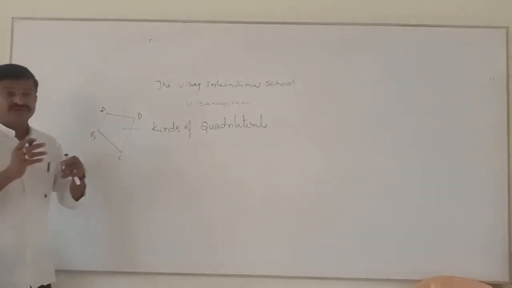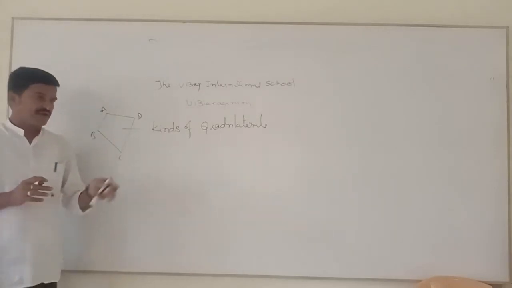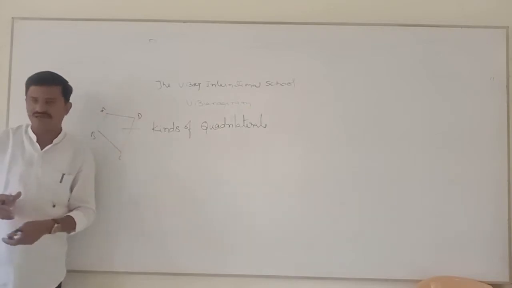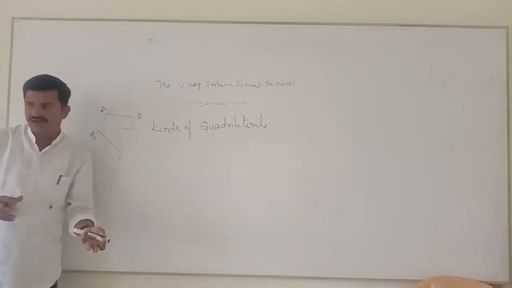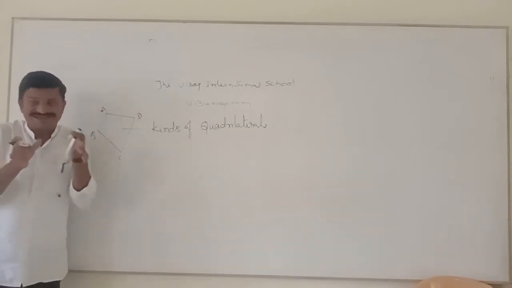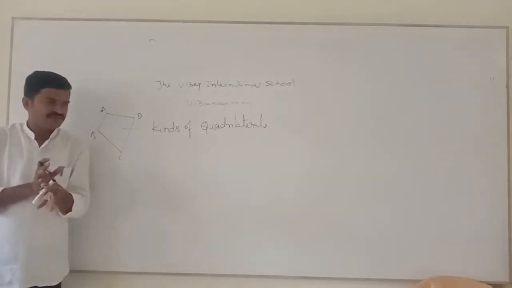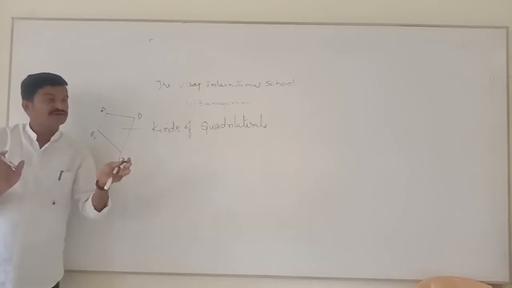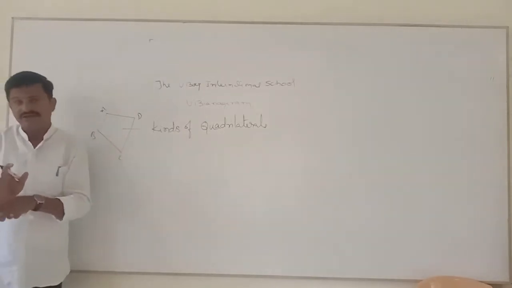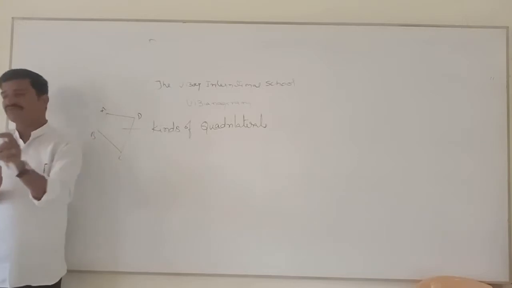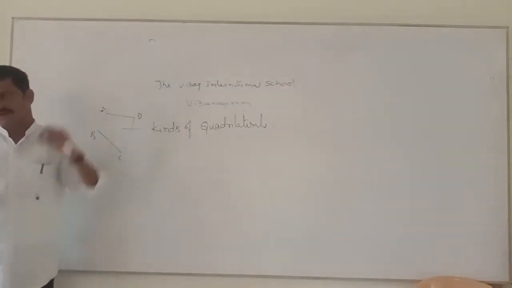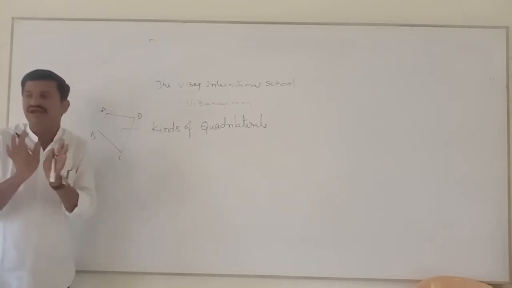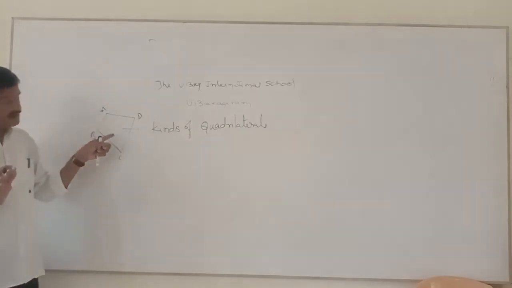But there are some different shapes, are there or not? Every quadrilateral will not be like this. See, here there are seven boys. All boys look similar, but not exactly alike. Of course, everyone has two eyes, two ears and so on. They are similar but not congruent. You are going to learn the differentiation between similar and congruent in your higher classes. Congruent means exact. Similar means looking the same. But the quadrilaterals are also different.